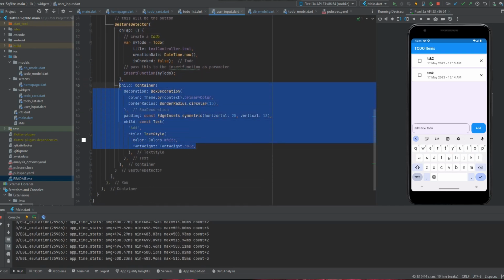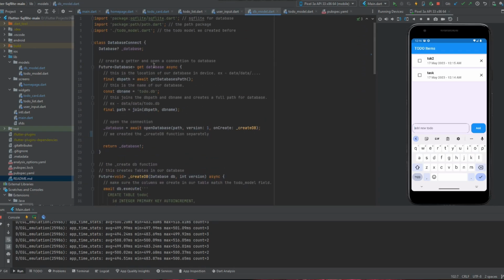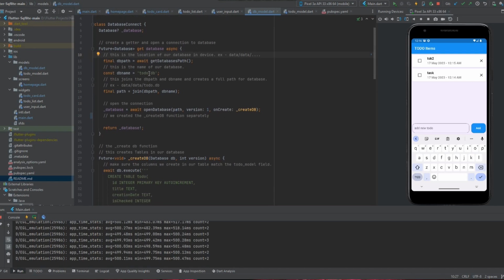So this part is the decoration of the add button we have here, the style, the color, and the font size, whatever we have. Now if we come to the DB model, this is how I have designed my database. We are creating a getter method to open a connection to our database, and we have named our database todo.db, and this is the path of the database in our local device. And finally we are joining the DB path and the DB name